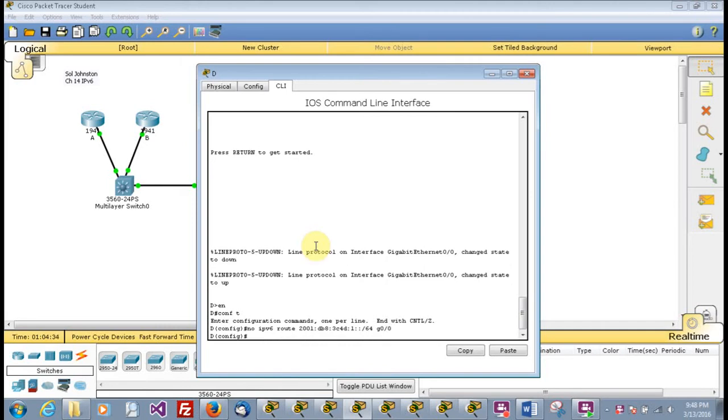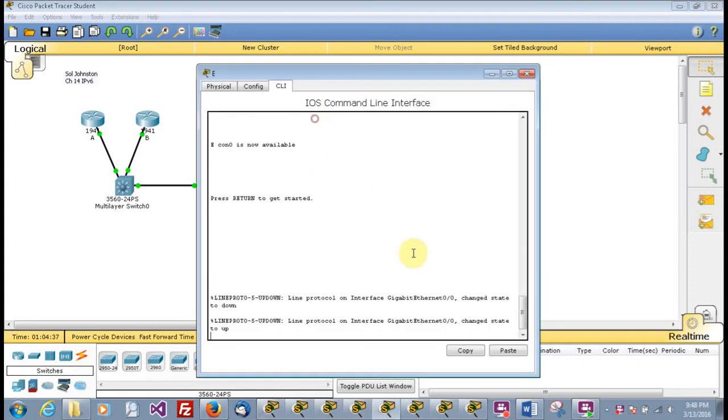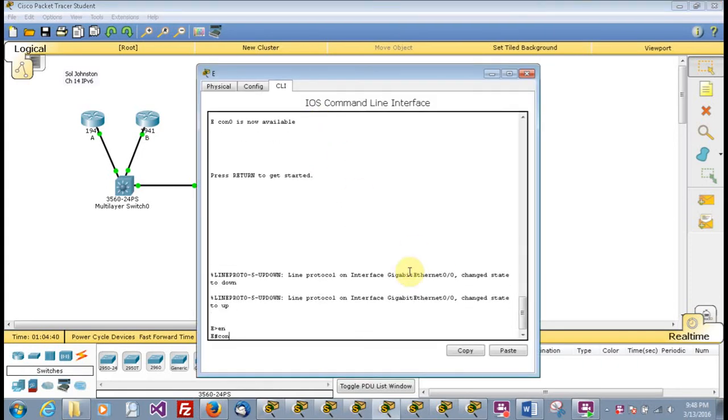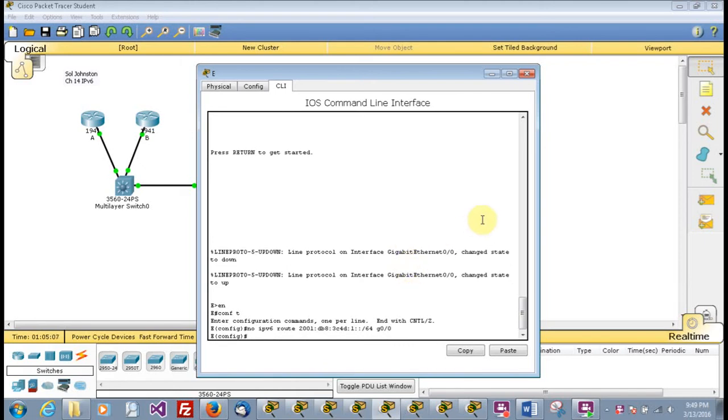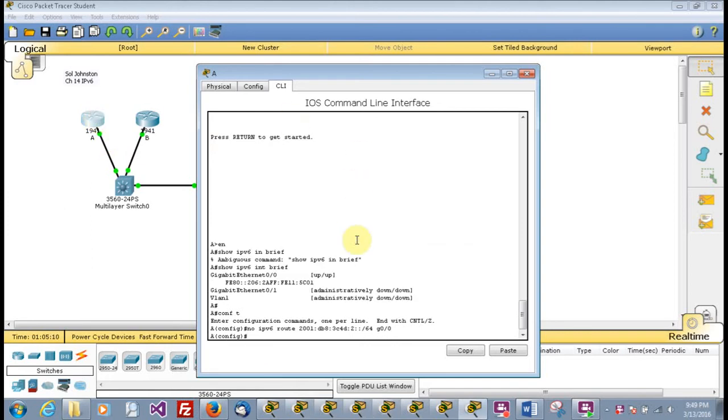G0/0. We need to go into our router E, enable, configure terminal, and no IPv6 route 2001:DB8:3C4D:1::/64 G0/0. There we go. Now they want us to go back to router A and type in IPv6 router